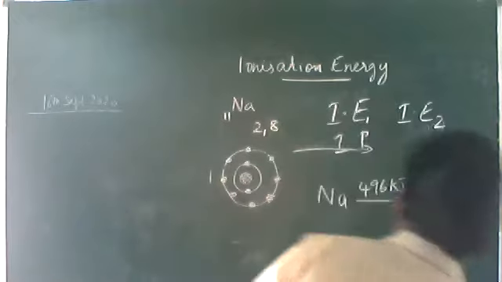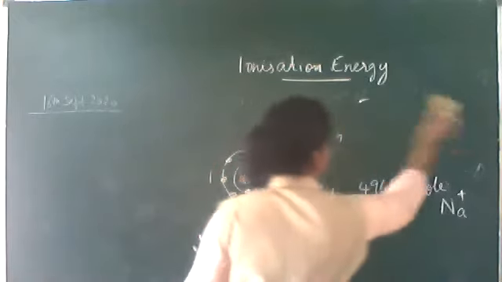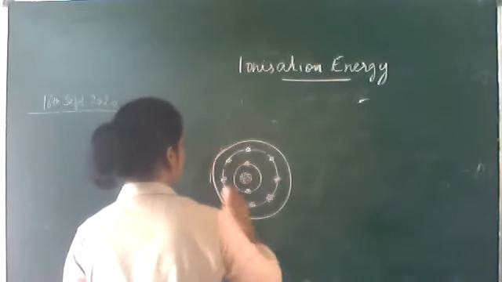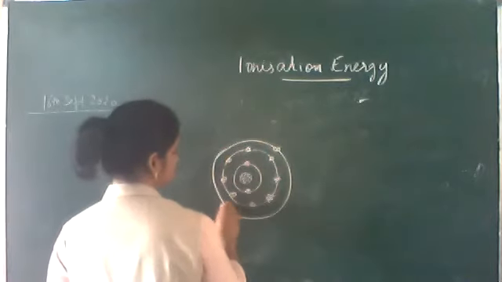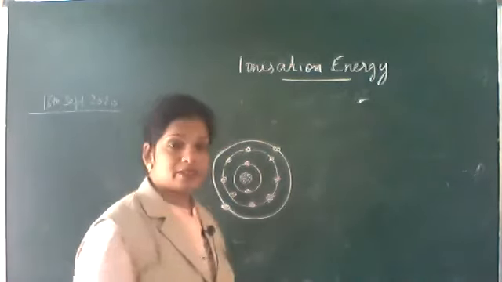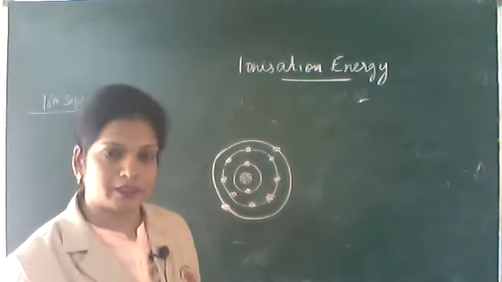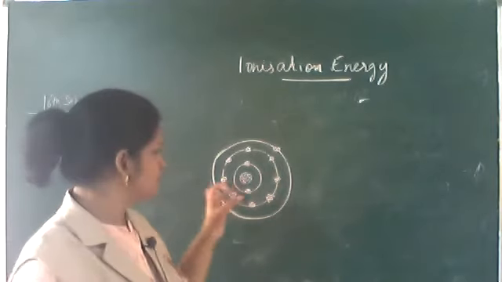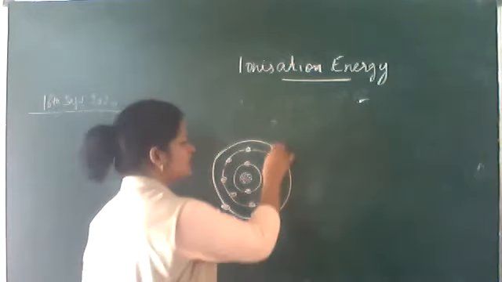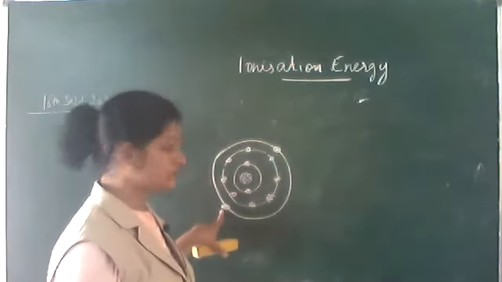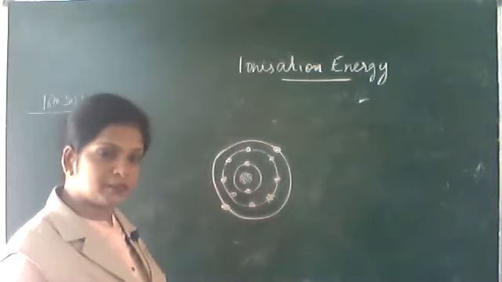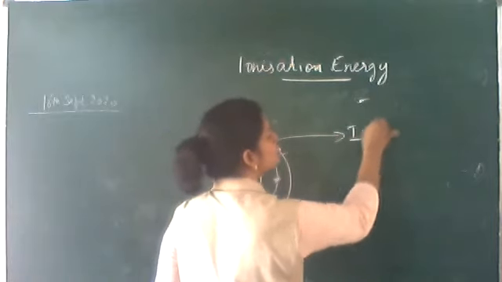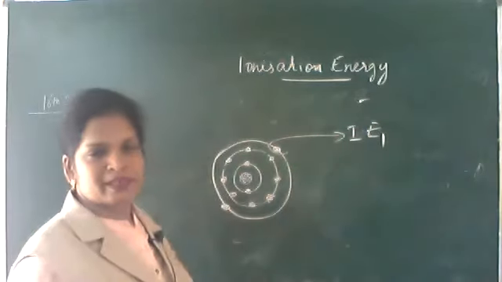What about the case of magnesium then? Magnesium, 2 electrons. After removal of the first electron by the first ionization enthalpy, magnesium is not going to attain anything. Magnesium will not attain any stability because one more electron is here. So that process is not an easy, normal process. So after giving I-E1, we remove this electron. Magnesium has no problem with that.